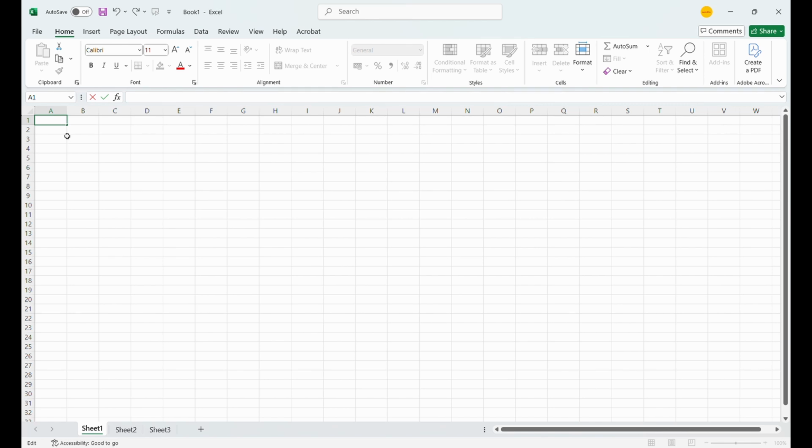Let's start by entering some data into Excel. First, we need to create column headers. Column headers are like labels that describe the type of data you're going to enter. Click on the top column and type name. Now move to the next columns and type address,